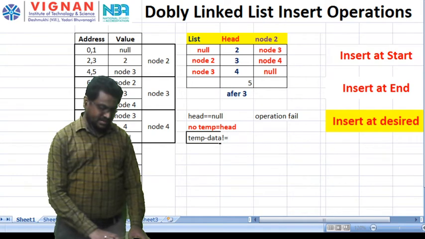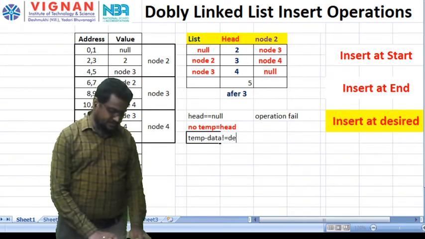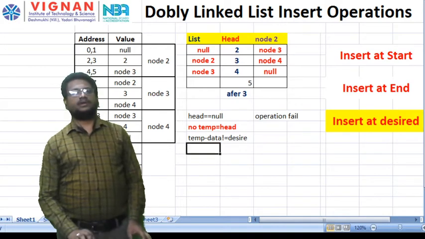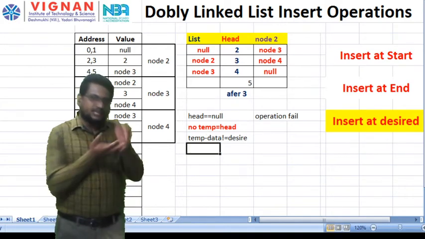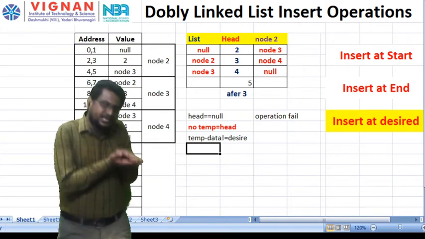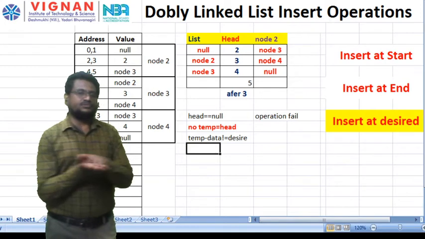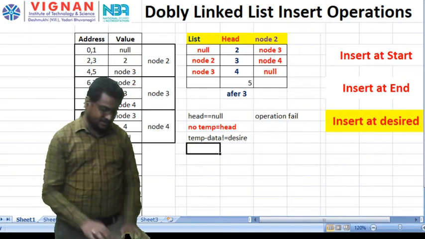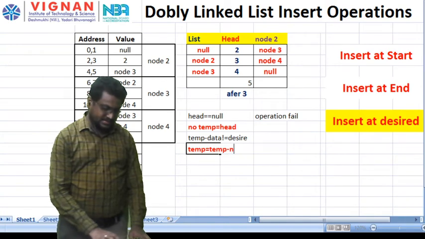Here I am writing a loop. Is the temporary data equal to the desired or not? If it is not the desired, I need to move to the next element. How am I going to do that? Now temp equals temporary next.